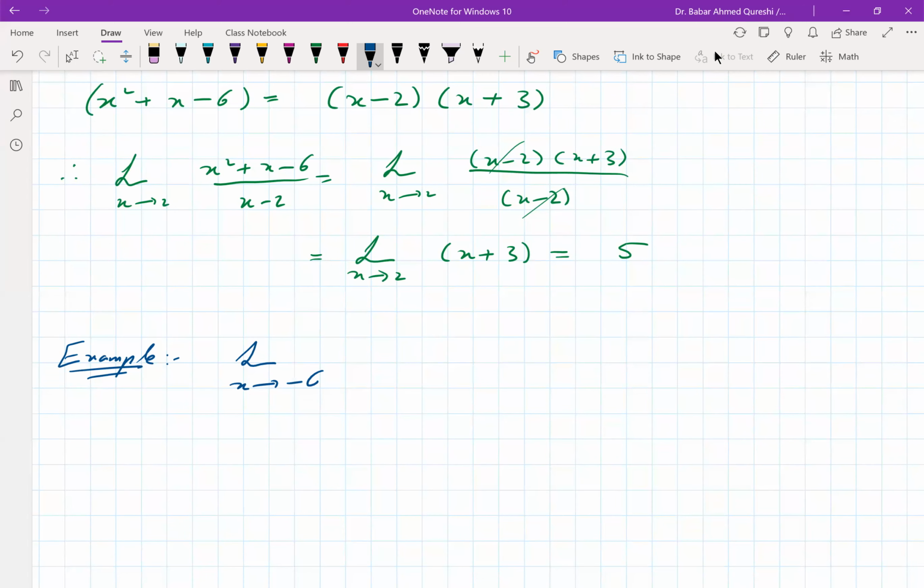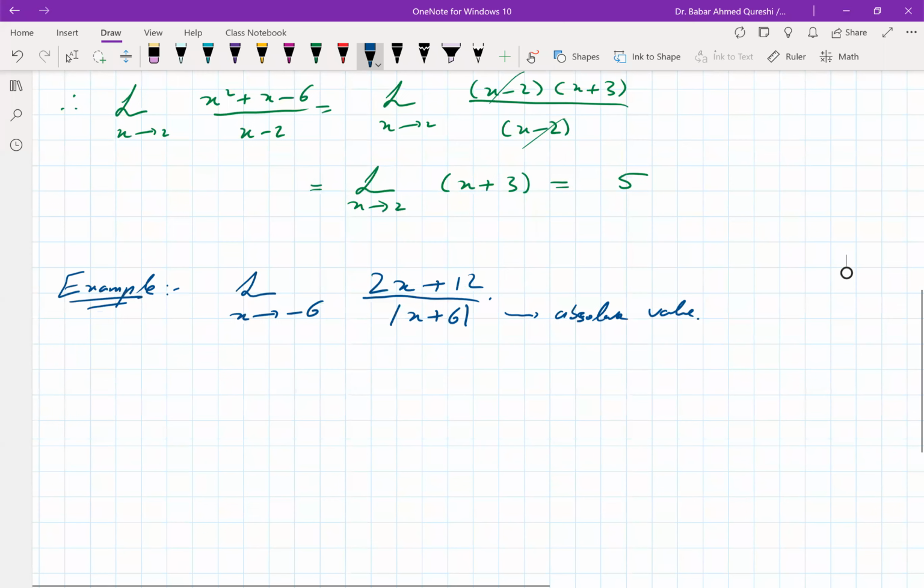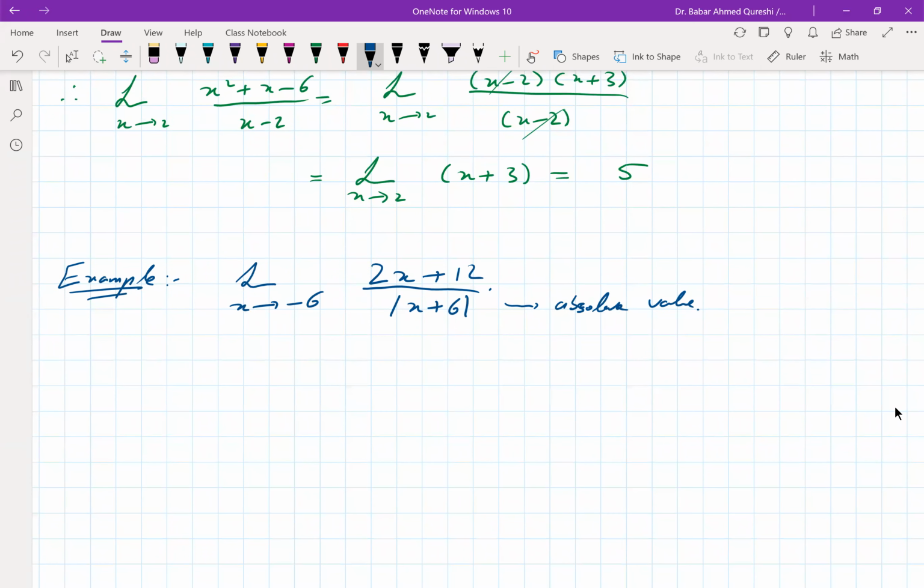Limit x going to -6, 2x plus 12 over x plus 6. So since you have this absolute value function, and its behavior, you know, it's not that obvious to see its behavior. So in this case, best strategy is